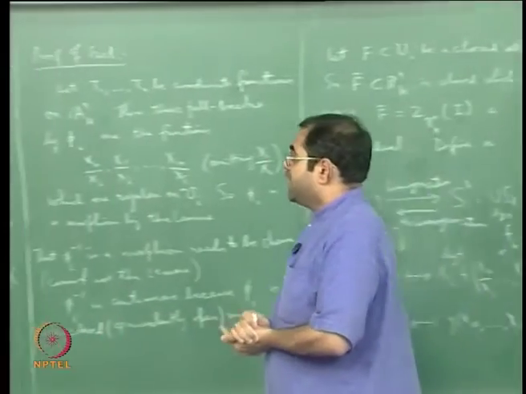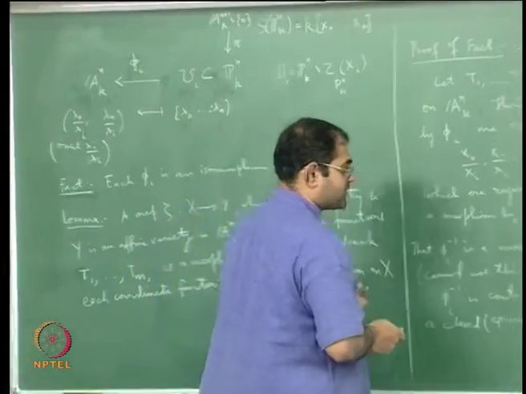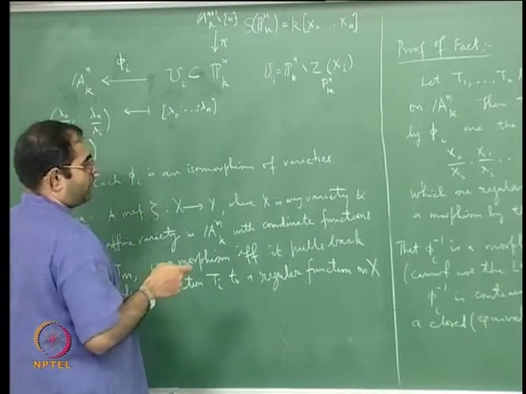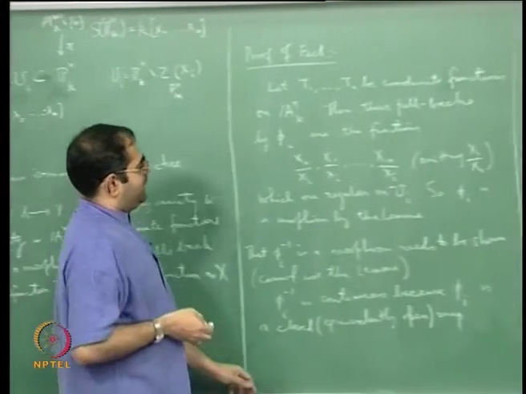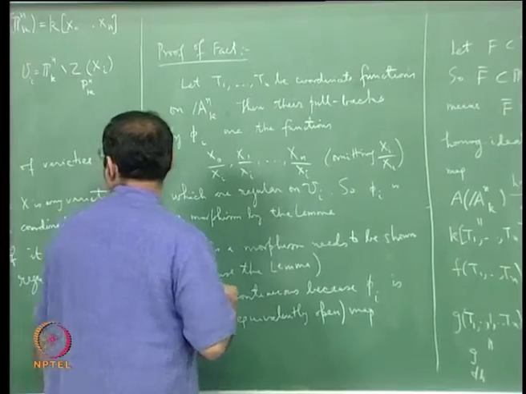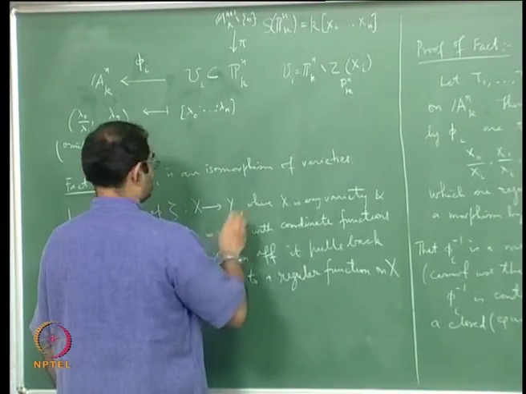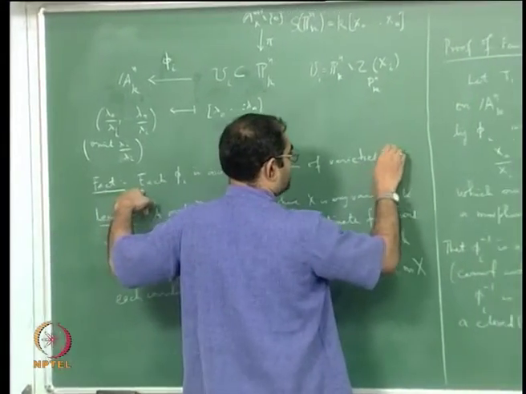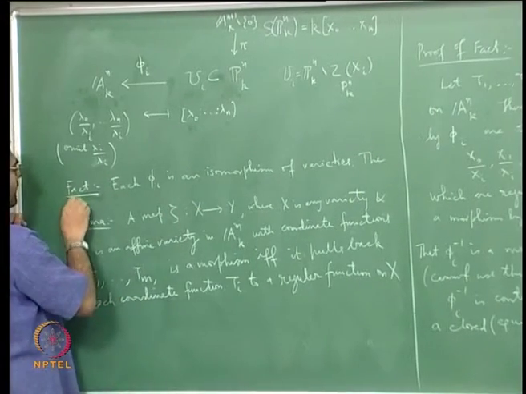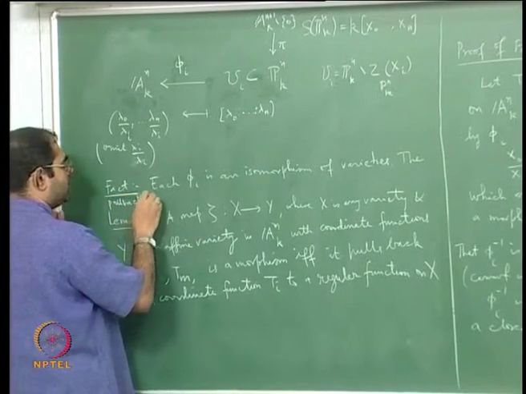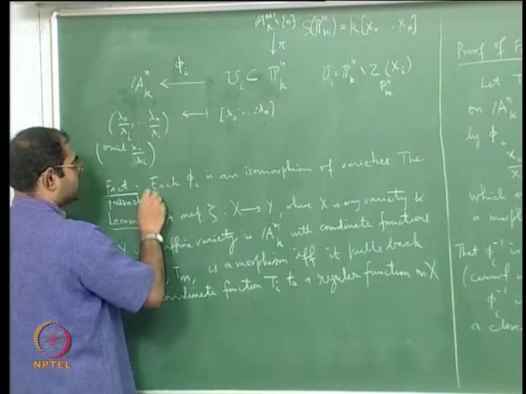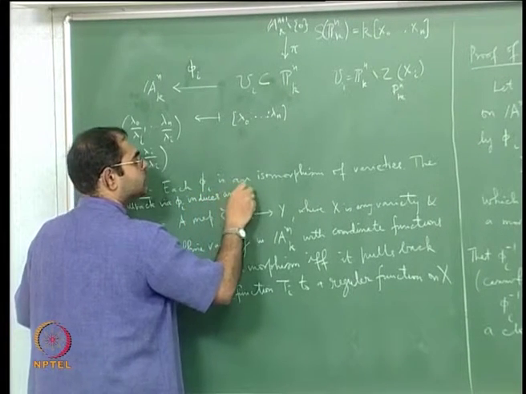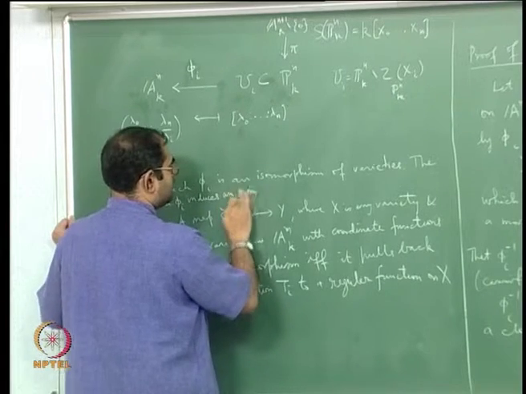So that completes the proof of this fact, and then let me also tell you, once this is done, let me add one line to this. The pullback via phi induces a K-algebra isomorphism